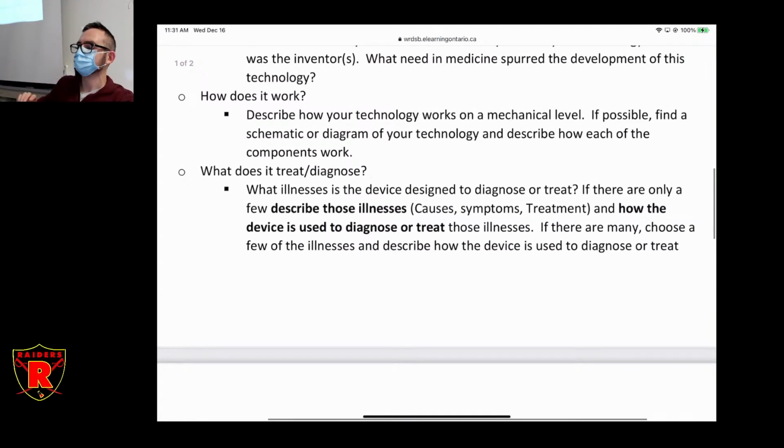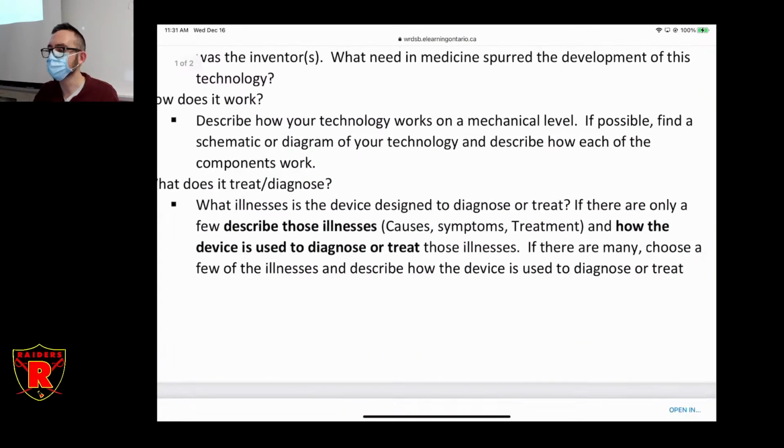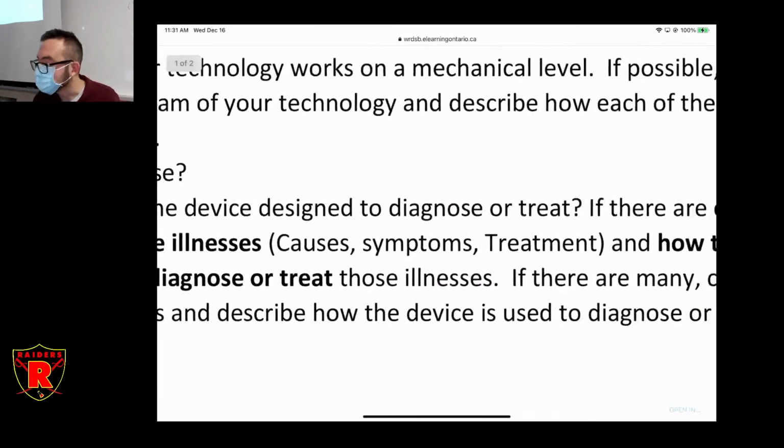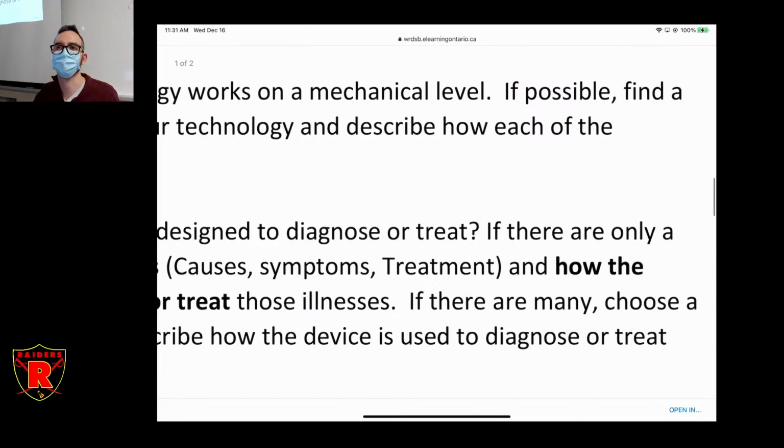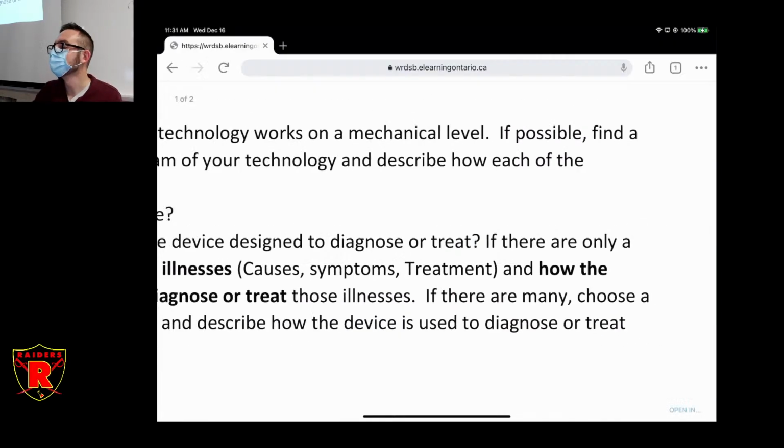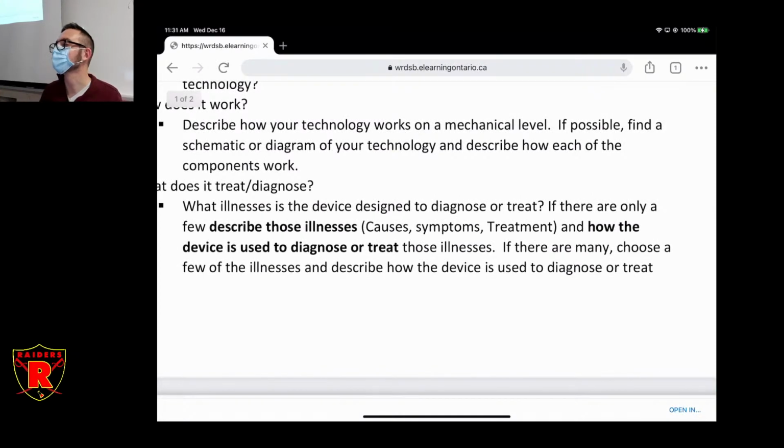And then lastly, you need to discuss at least one illness in detail, okay? You can talk about multiple illnesses if you want, but you have to describe at least one illness of the three systems and explain the causes of that illness, the symptoms of that illness, and the treatment of that illness, okay? So those three things you have to discuss, plus you have to tell me, how is your device associated